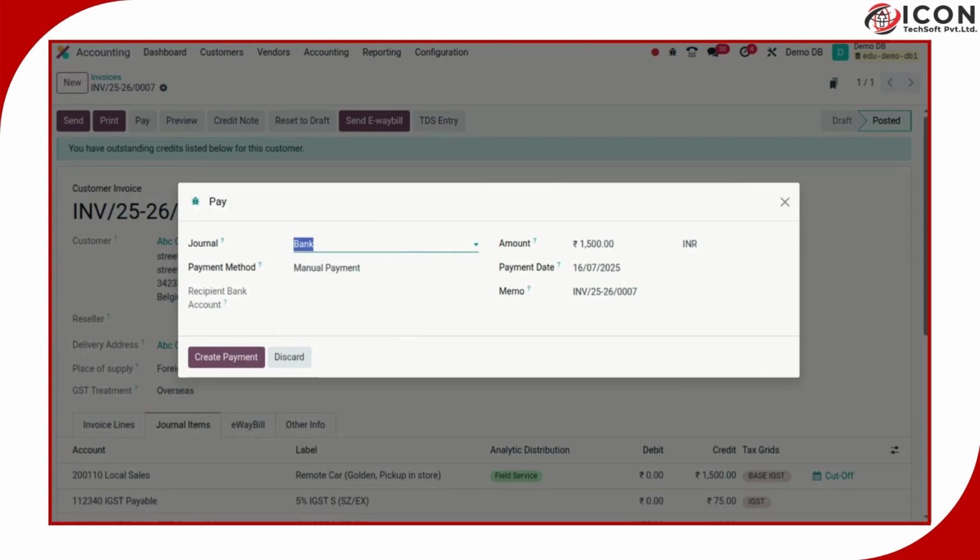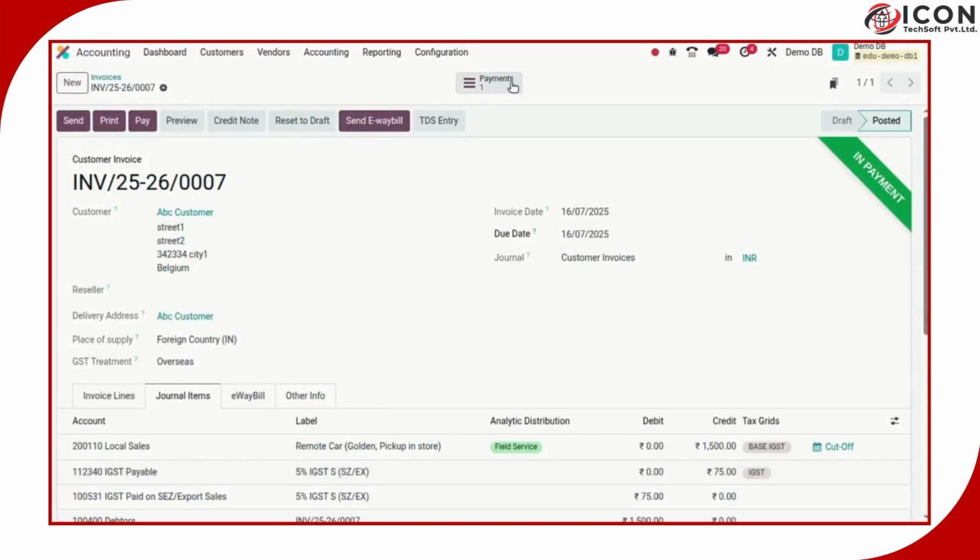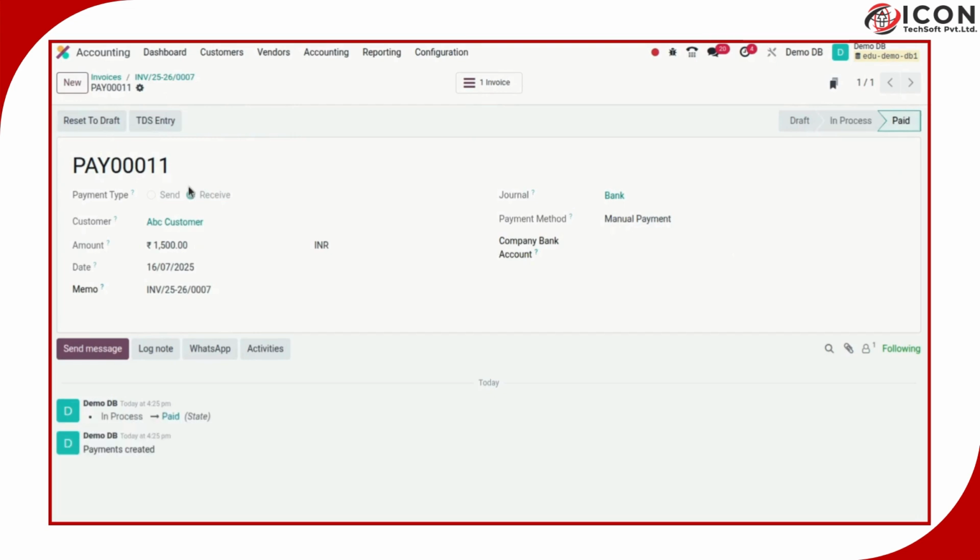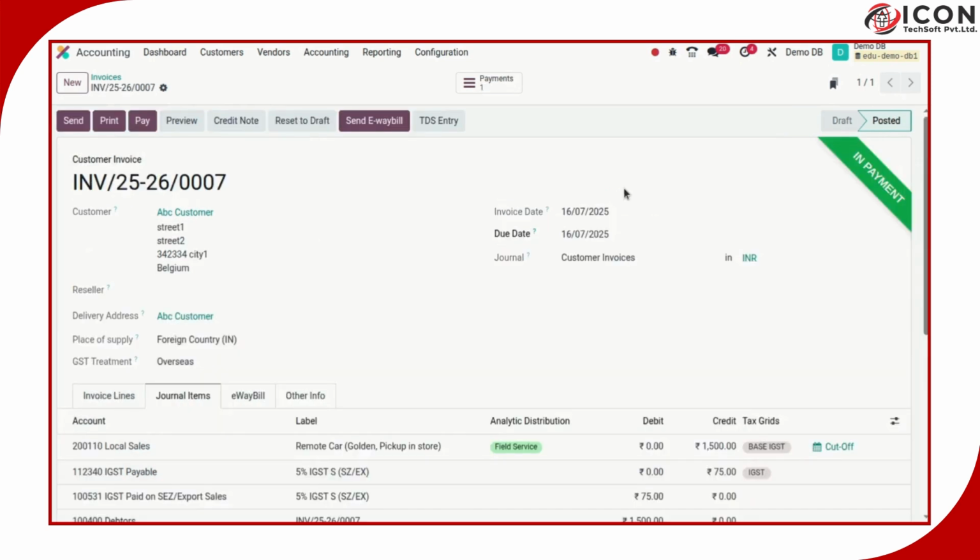Just create a payment. After creating the payment, you can just validate it. After validating, you can see this is in payment stage. It means it is not reconciled yet. So to reconcile this payment,